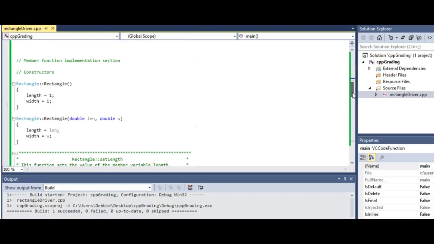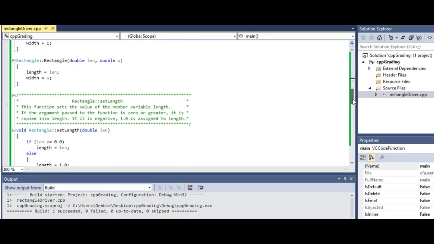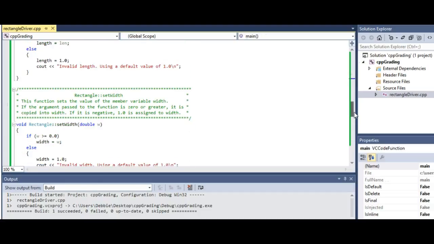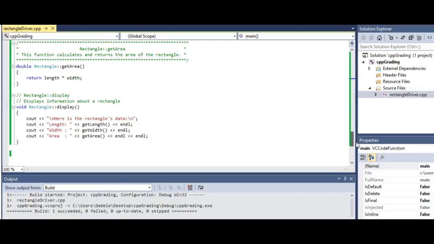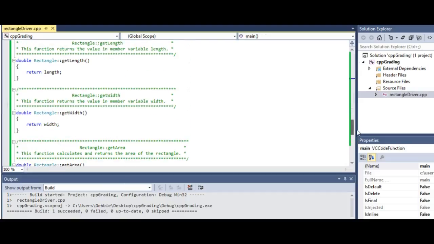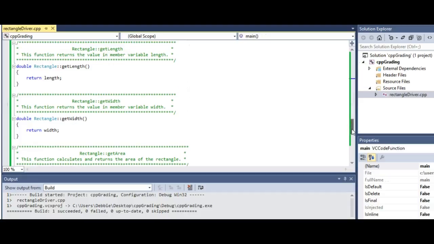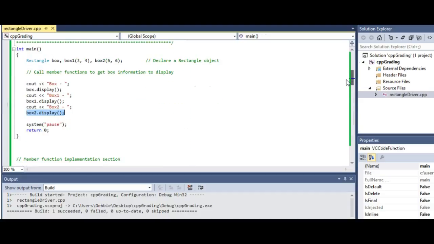So here's your code for both constructors. Here's your set functions, here's your get functions, here's your get area function, and display. Keep in mind, any of this code that has one line could also be written as an inline function if you wanted to. Alright, so let me just go back to my